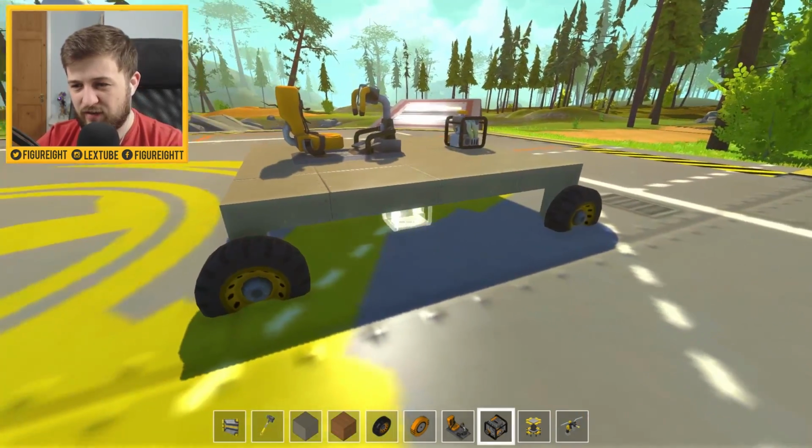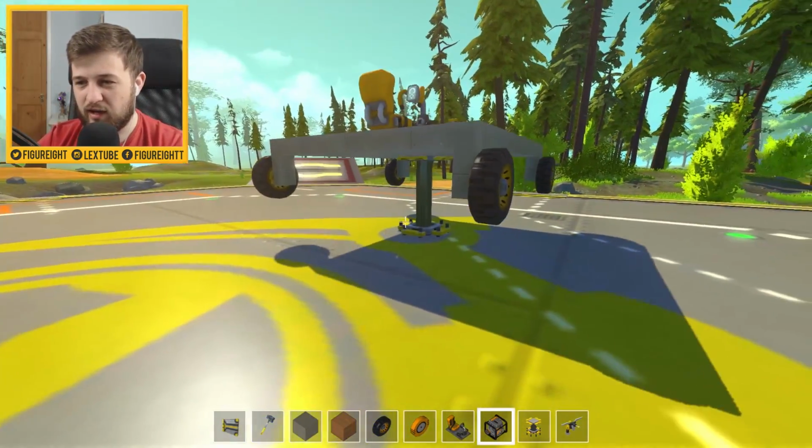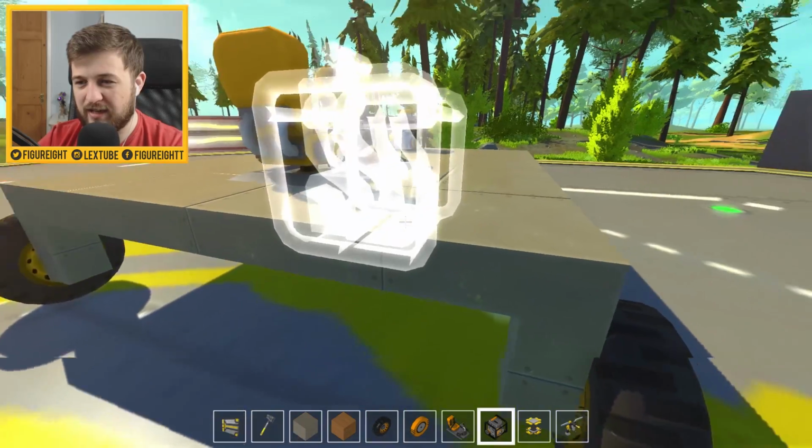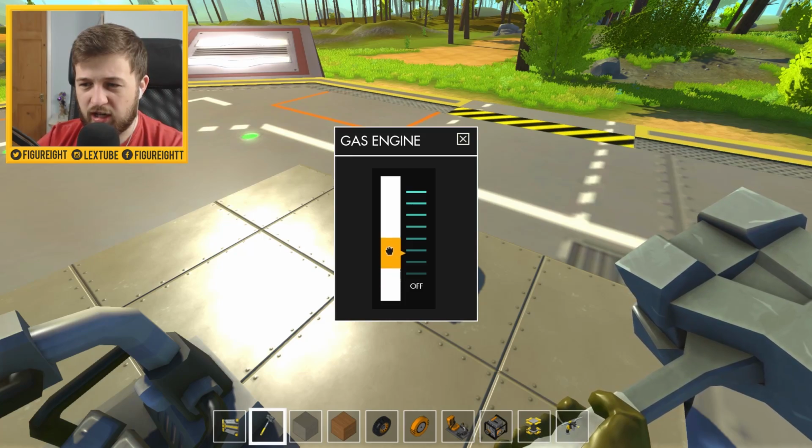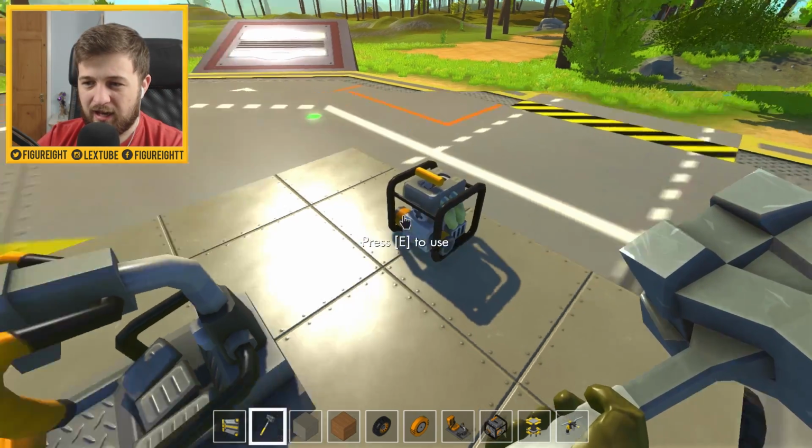So now I can get rid of the lift. Might have to get that so I can... There we go. Drop that down. I can now select the engine. We can go to E and use. I'm going to turn up the power to about there. And now...